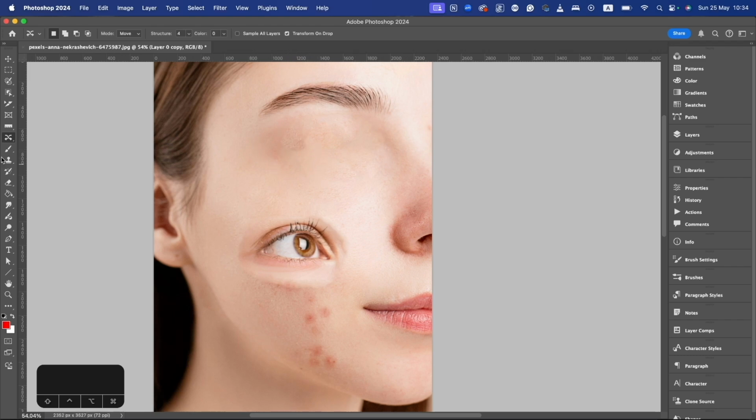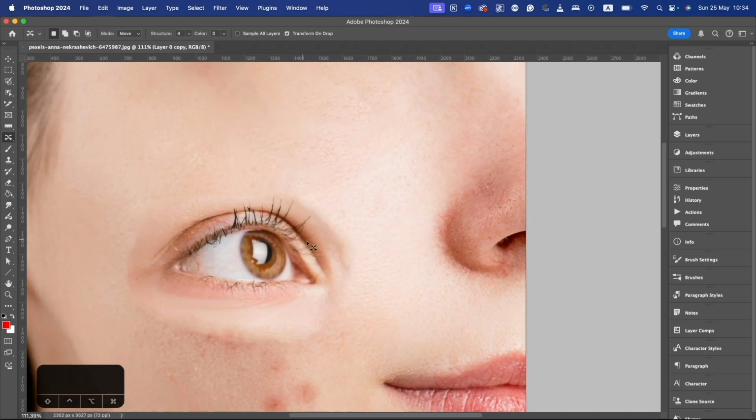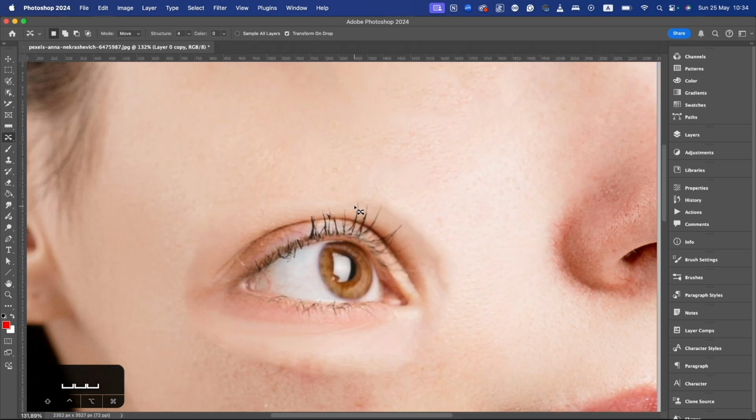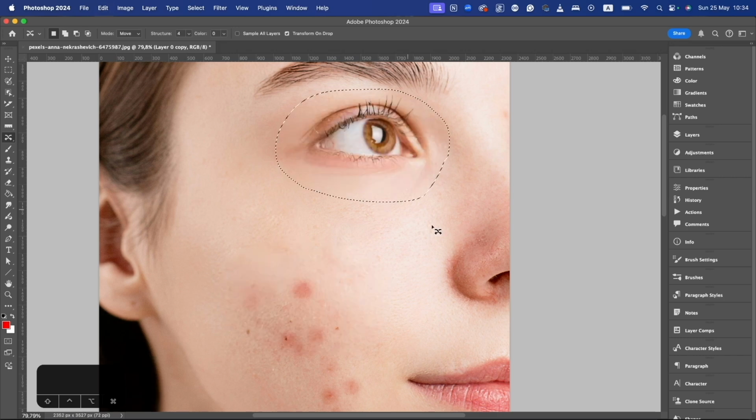And now I could use the healing brush tool to kind of clean this up. And it also attempted to blend this in. It didn't do a good job since we have a difference in lightness here, but at least this area looks pretty nice. Let's hit Command or Control Z. Command or Control D. Now up here we have the same settings as our lasso tool, but right next to